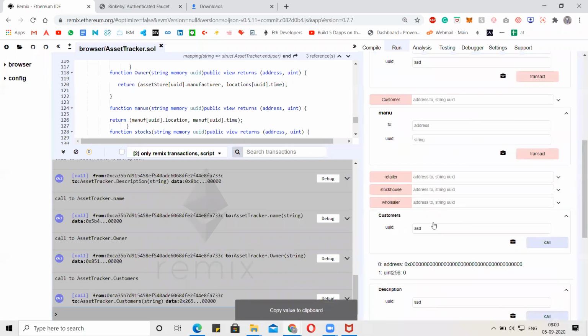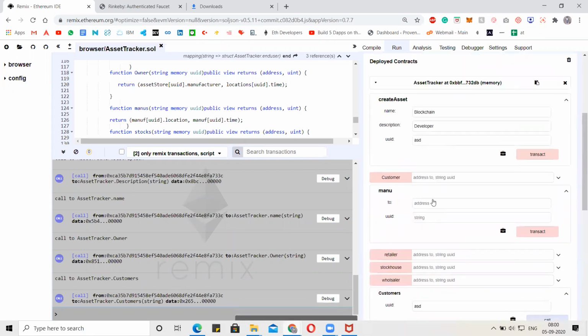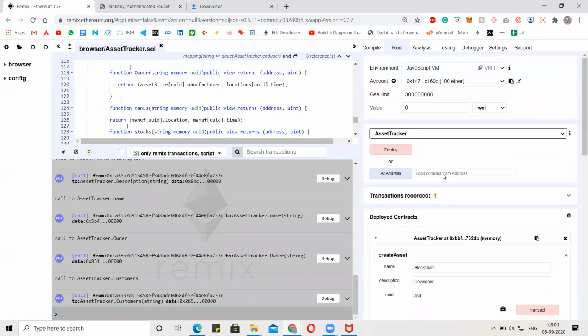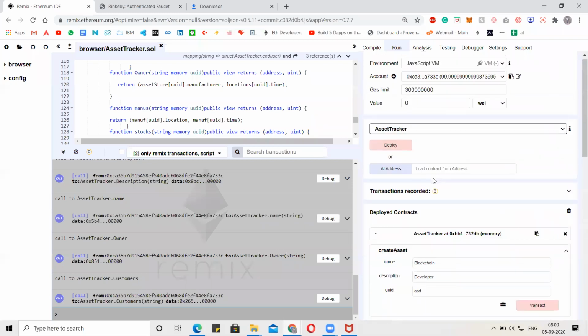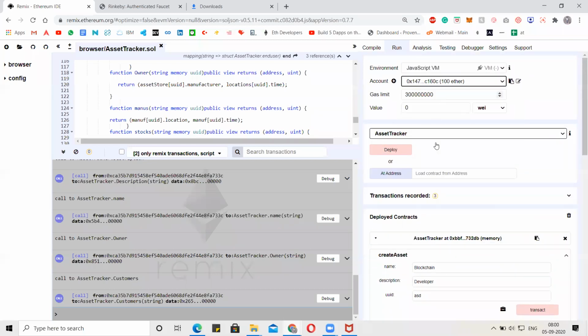Okay, consider this address is of the manufacturer, and go back to the owner account. So the owner has the right to send the product to the manufacturer. So now we are sending the product to the manufacturer. I'm sending this product's unique UID to the manufacturer. For your understanding, what I'll do, I'll just make sure that